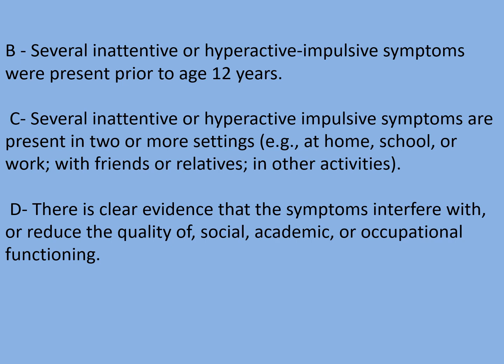The next is B, several inattentive or hyperactive impulsive symptoms were present prior to the age of 12 years. C. Several inattentive or hyperactive impulsive symptoms are present in two or more settings. Example, at home, school, or at work, with friends or relatives, and in other activities as well. D. There is clear evidence that the symptoms